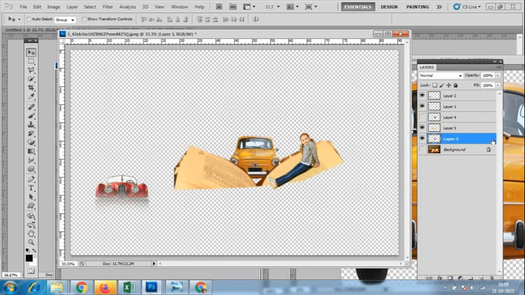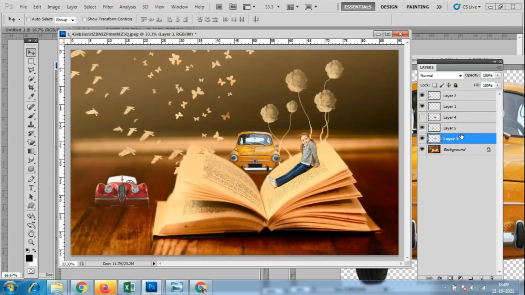I have to make it separate, then only I can place it. Only this much I have separated, so that's why I'm placing this car over here. Only how much ever area I have selected and separated will move.